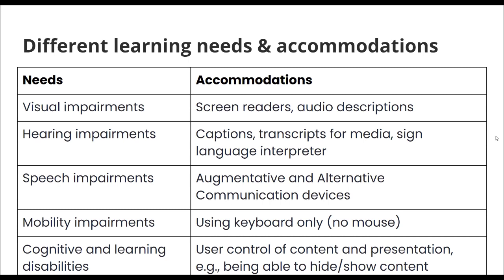When we think about other types of needs, we can think about speech, mobility, cognitive and learning disabilities. So all those things play a role. And when we think about it even at a deeper level, Microsoft did a study in around 2011 and identified that even though the group of people who request accommodations may be small at your institution, usually around 8 to 10%, the accommodation strategies that we use to support those individuals actually support up to 65% of the population, because